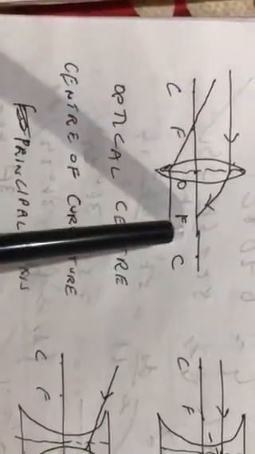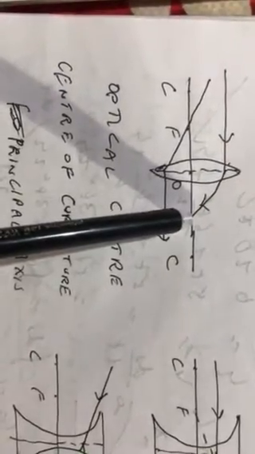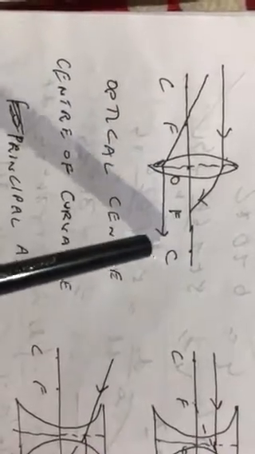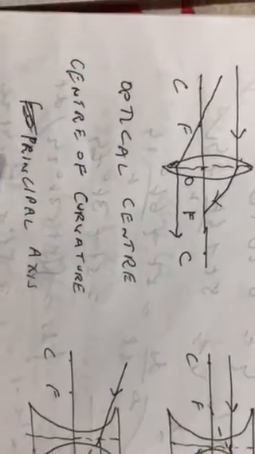Now in every lens there is one thing called focus. What is that? Suppose if a ray comes parallel to principal axis, after refraction it will go to the focus. On the other hand, if a ray before entering the lens is going through the focus, after refraction it will become parallel to the principal axis. So there is a focus on either side of the lens, and therefore collectively they are called the foci.